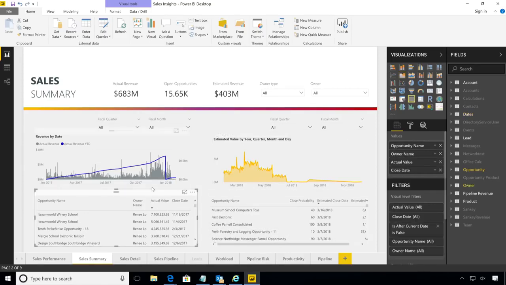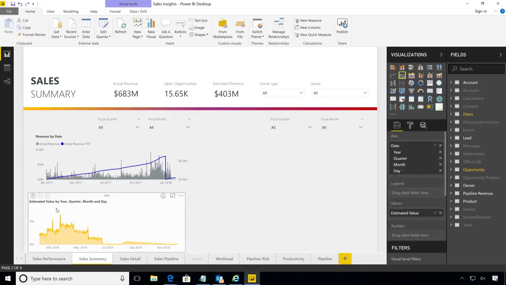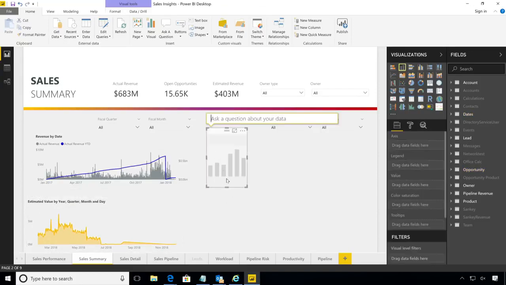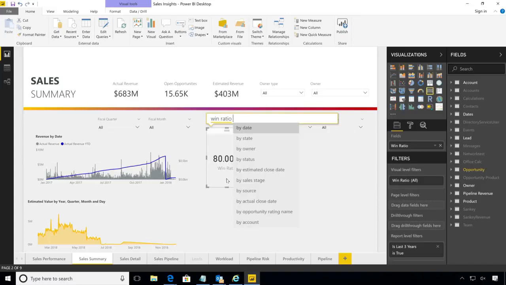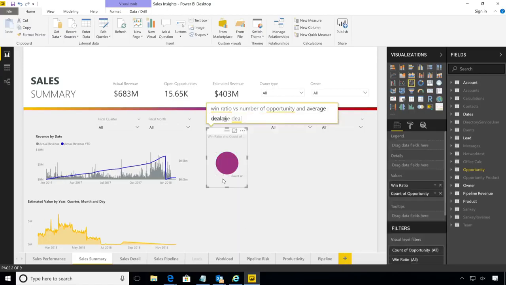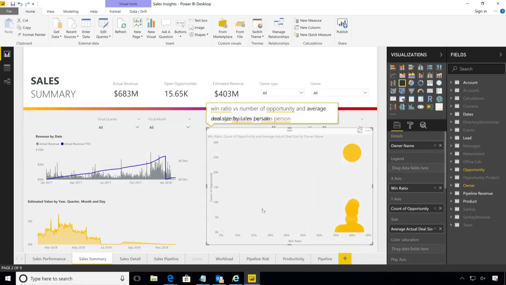So next thing I want to do is let's make a little bit of space. Let's move this over. Let's show you how easy it is to add your own charting and report elements back into these applications. So really cool. Again, I can use natural language. So let's go ahead and look at the win ratio versus number of opportunities and the average deal size, maybe by sales person, right? And then I'm going to go ahead and drag this out here,